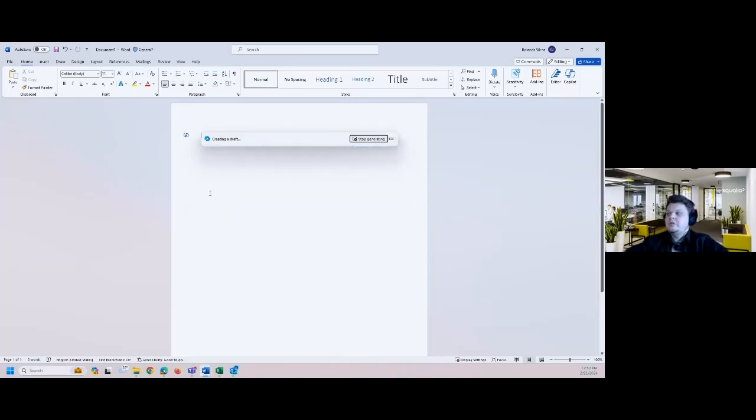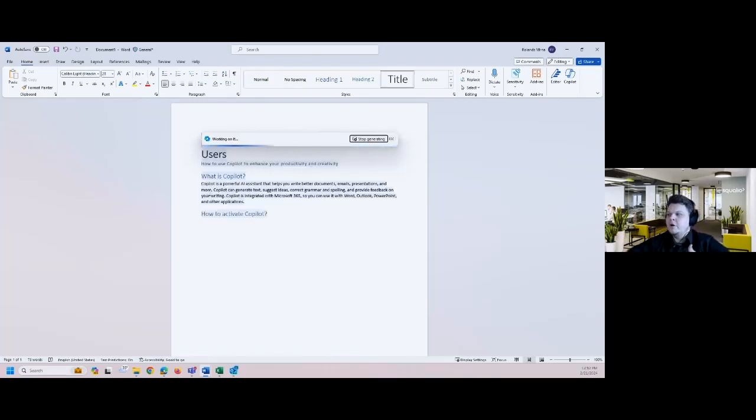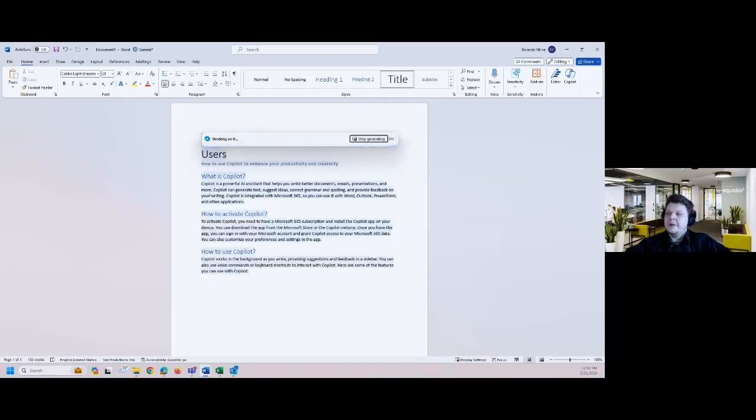And what it should do now, I basically gave some context, what I want to see in my document, and what Copilot will do. It will write me something about Copilot for Microsoft 365. And if you're just starting, if you're on a blank document, you don't know what you want to talk about or how to start your document, this could be a great help to you, as it will generate some information based on all the information it can find on the internet,